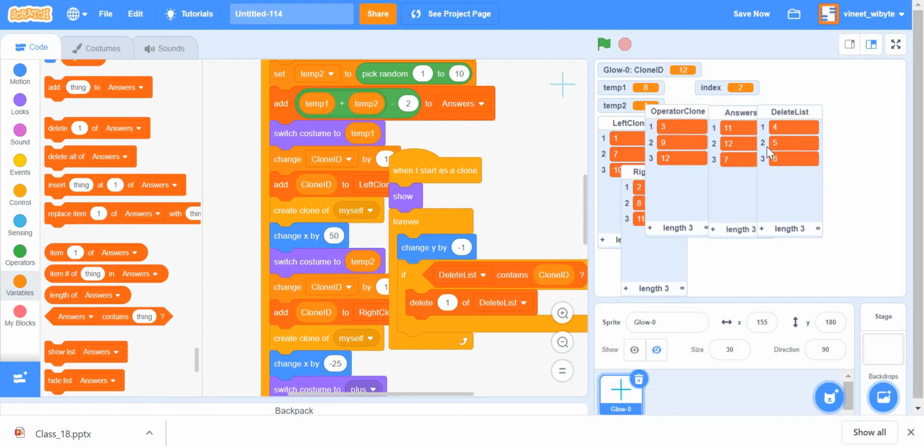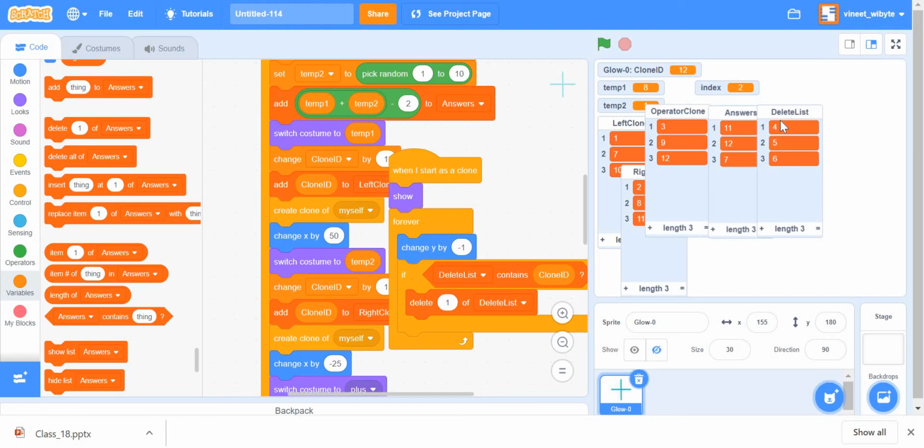So if I say delete 4, which is clone ID, from the delete list, it will not do anything, because the delete command works by the item number. So if I say delete 1 of delete list, 4 will get deleted. Essentially, I have to tell the item number of this clone to be deleted. It gets more obvious when, let's say, this was 25, 26, 27. If I say delete 25 of delete list, there aren't even that many elements, so it won't work.